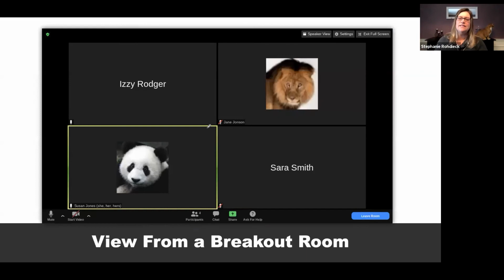All right. So now let's look at what happens when they're in a room. So here they are. My Jane, Susan, Izzy, and Sarah. Can you tell my tween daughter did that? They're all girl names. So they're all in a space together. And what I wanted to show you is that it's kind of awkward when you only have 4 people and you don't have any videos.